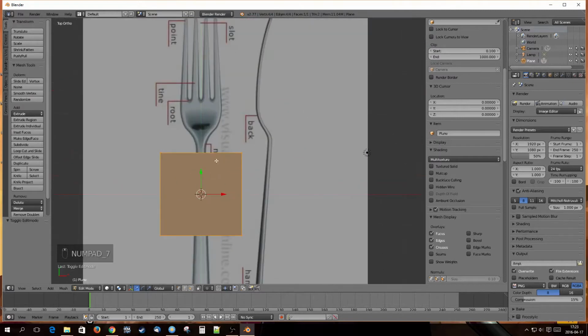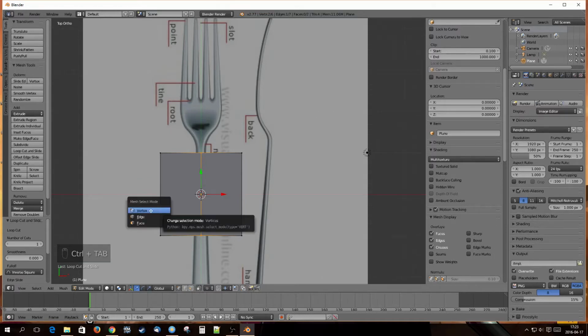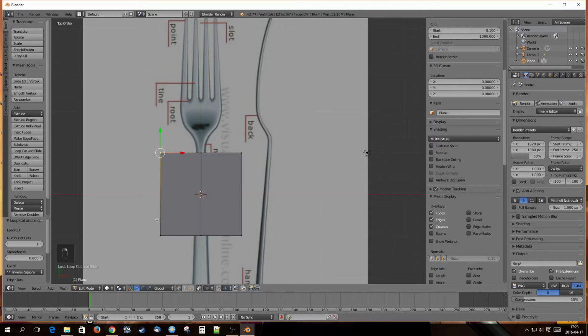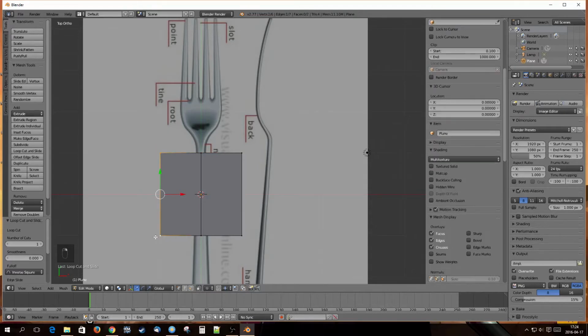I press Ctrl R and left click and right click to leave it in the center. Now I choose vertex select mode by pressing Ctrl Tab, and I select this one, right click, hold Shift, right click, press X to delete vertices,